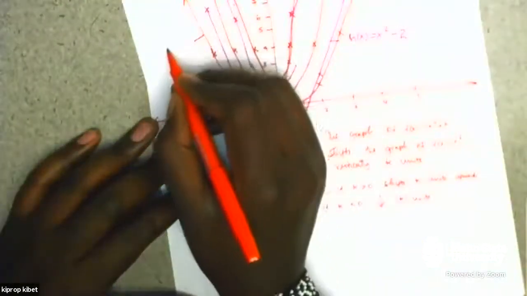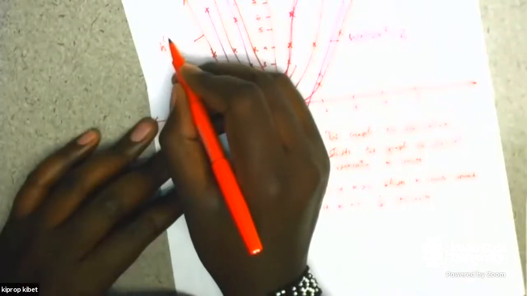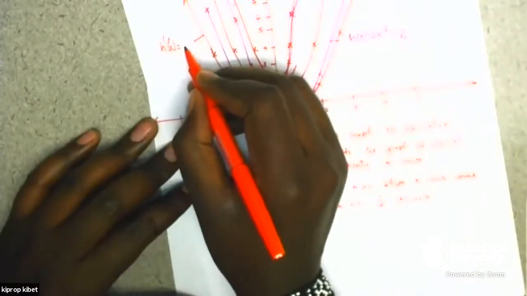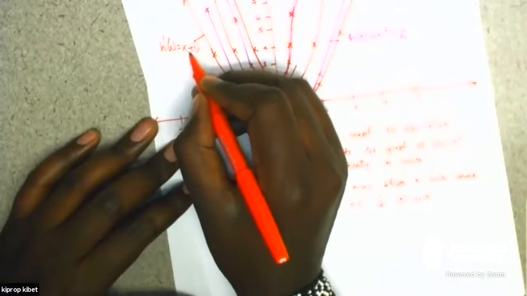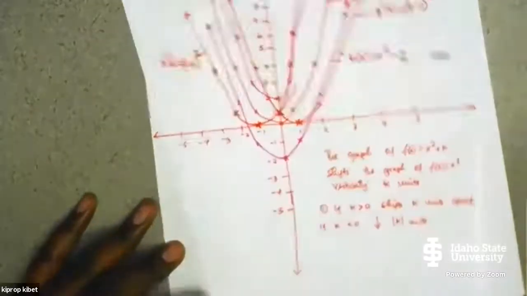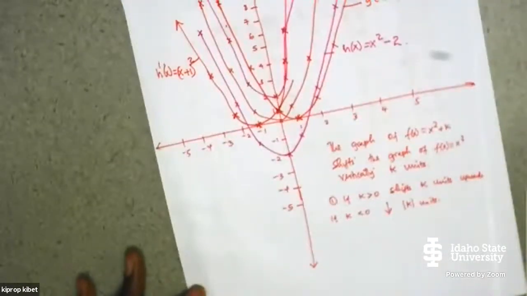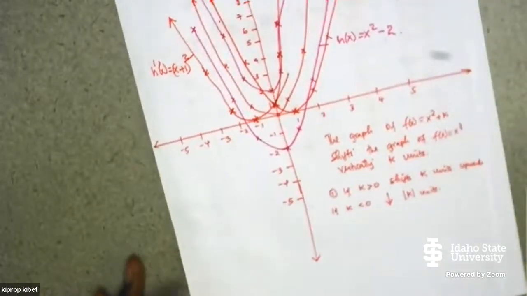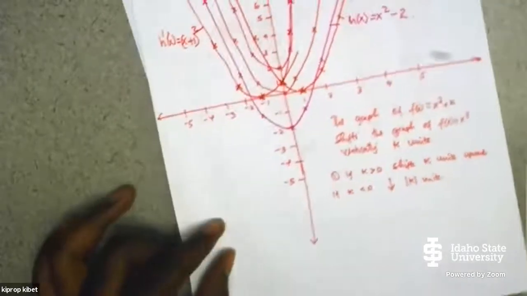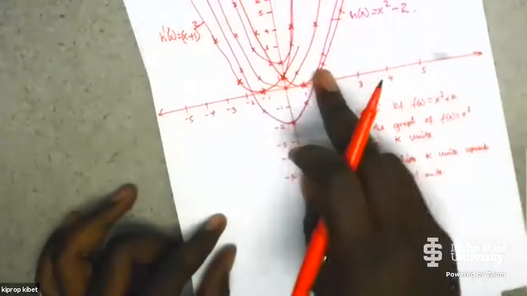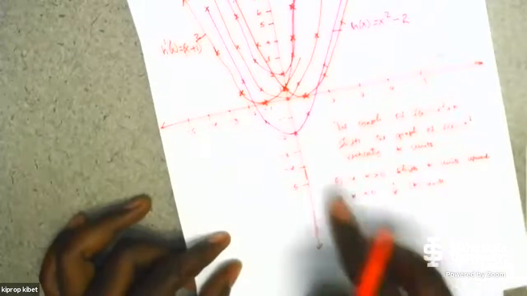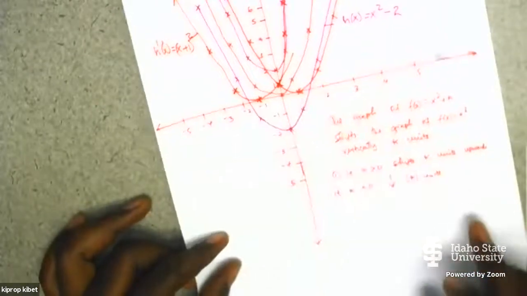So this is h prime of x, which equals x plus 1, and then the square, x plus 1 squared. So if we look at this, we can see something here. So it means that